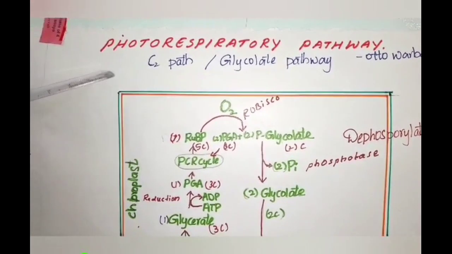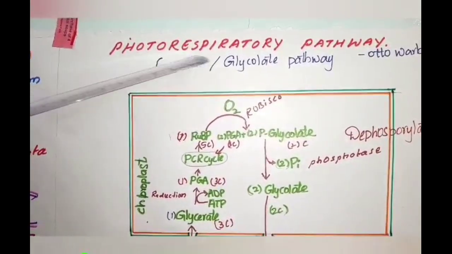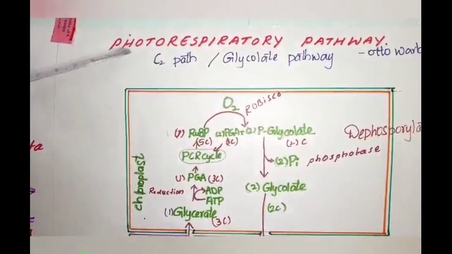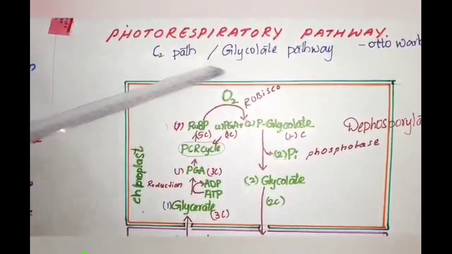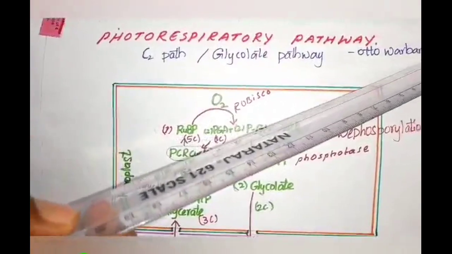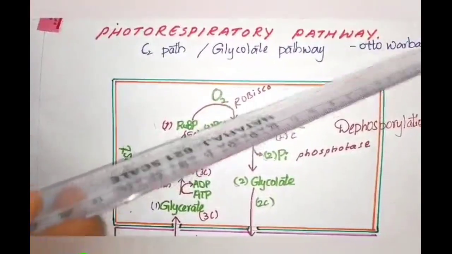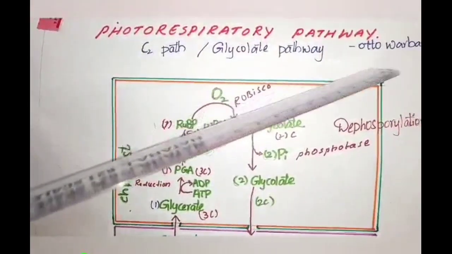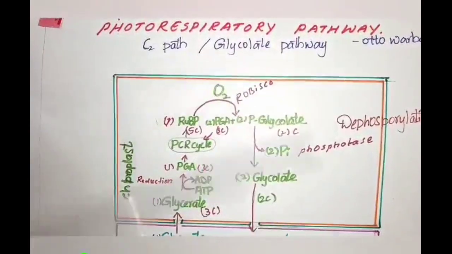Dear students, now we can try to understand the photorespiration process. Photorespiration is also called the C2 path or glycolate path. This process was discovered by Otto Warburg. It is also called the Warburg effect. The Warburg effect, in the sense, in the plant species,